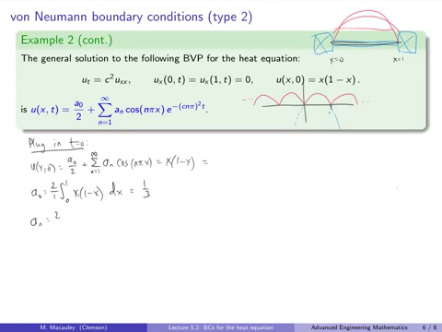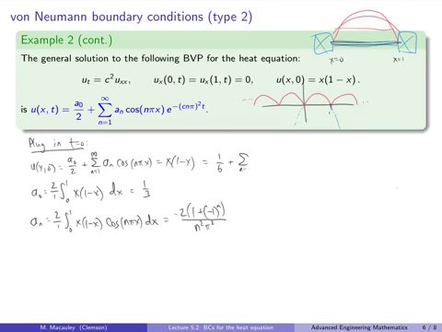An is the integral of 2 over 1 from 0 to 1 of x times 1 minus x cosine of n pi x dx. This is a little trickier, but it's not hard to check that this is negative 2 times 1 plus negative 1 to the n over n squared pi squared. Okay, so given that, this function now equals a naught over 2, which is 1/3 over 2, or 1/6, plus